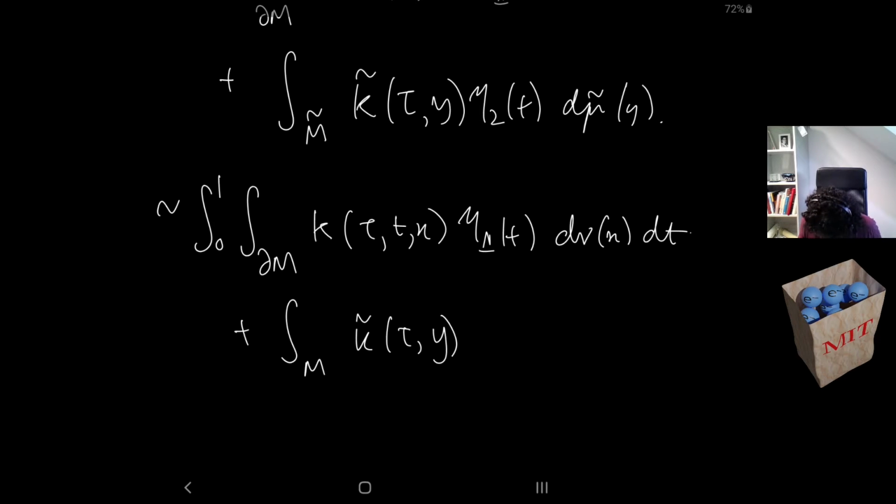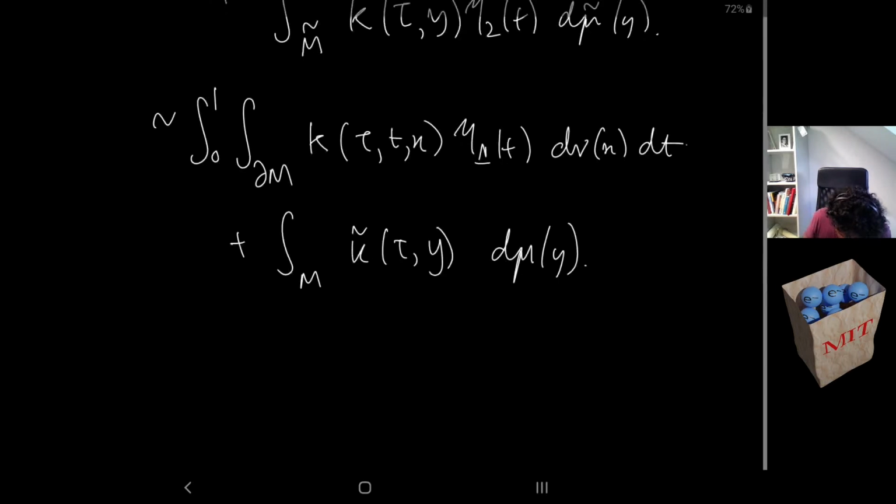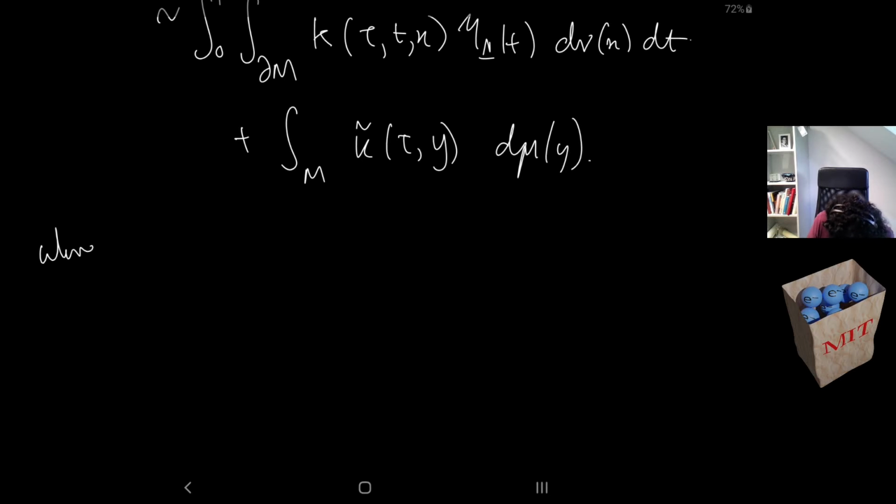The question was, did the K lose the APS on purpose? And yes. So let me remind you what the K is. This is just localizing, so this is just d mu y, where K tau t x is